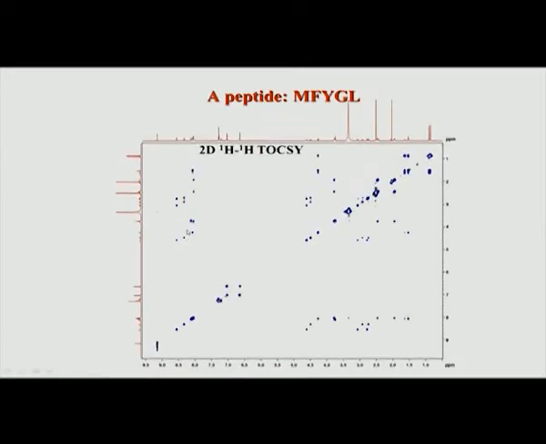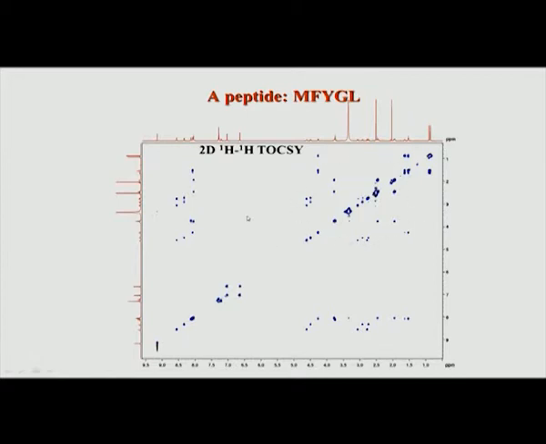As you can see, we can see the correlations from the NH region. This is the NH region, which comes somewhere around 7.5, and all the way you see all the correlations to the aliphatic, that is the methyls and the methylene regions. This is the important region in both NOESY and TOCSY that we will be using for assignments. The other region of the spectrum also has information, but that is not what we are going to use for the sequential assignment purpose.